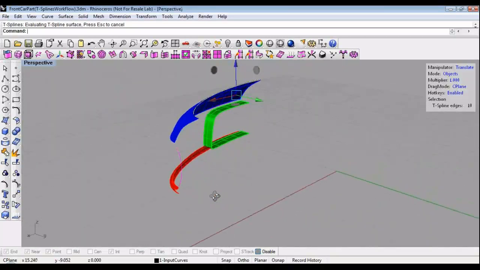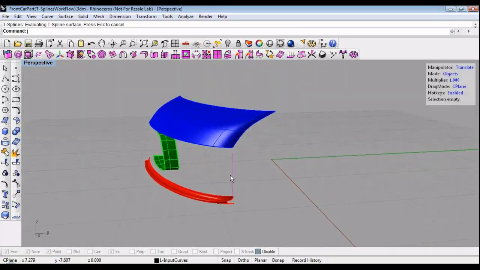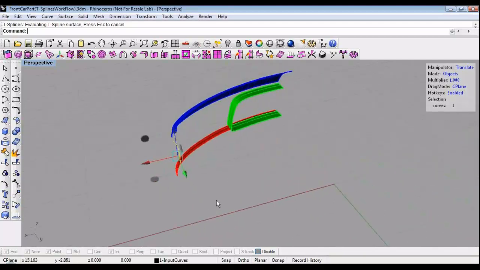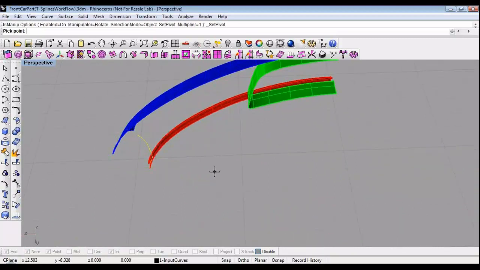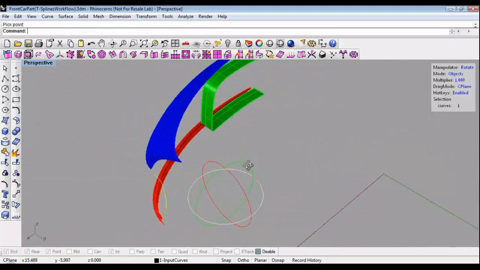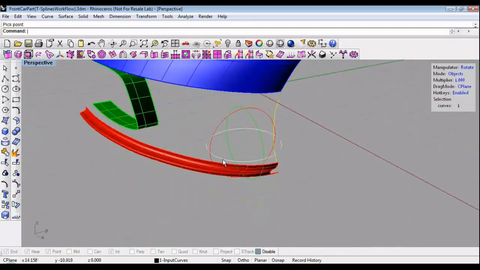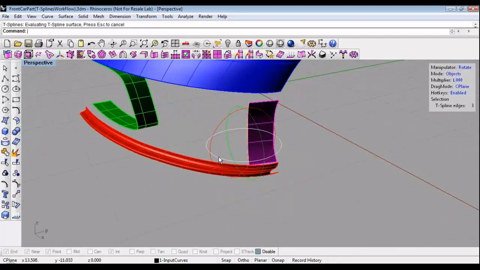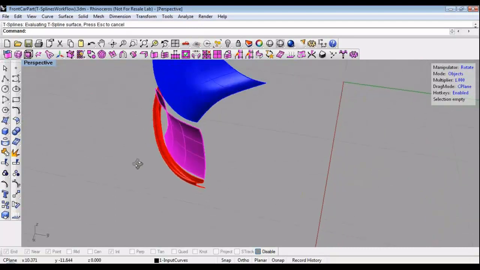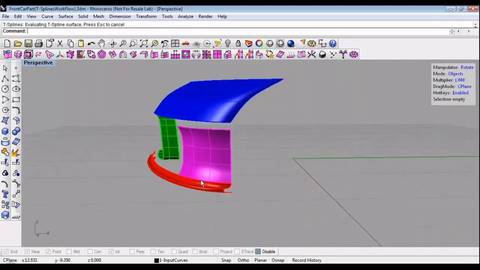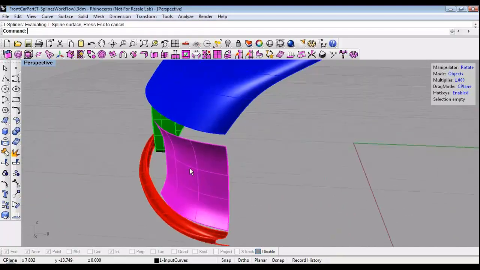One other way to create surface using this new functionality is to use the scale or the rotate manipulator. So I'm going to hit E to change to the rotate manipulator. Then I'm going to hit the T hotkey so I can place the pivot point of the manipulator here. Now as I hold down Alt and drag this ring, I am extruding the surface in a rotational fashion. So it's extruding it and rotating it at the same time. So you can see just using that new command, it's really easy to quickly generate these main components of our